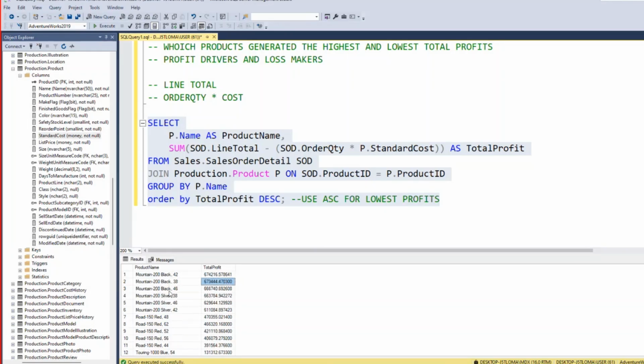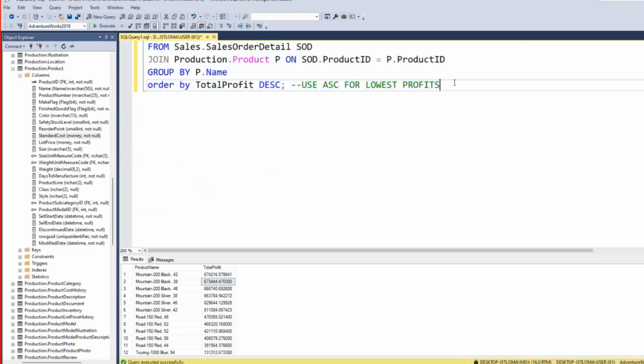This is a bicycle company. They sell bicycles and bicycle accessories. You understand? So these are the products that generated the most profits. Now if I copy this and change this from what we've seen, the products that generated the most profits,